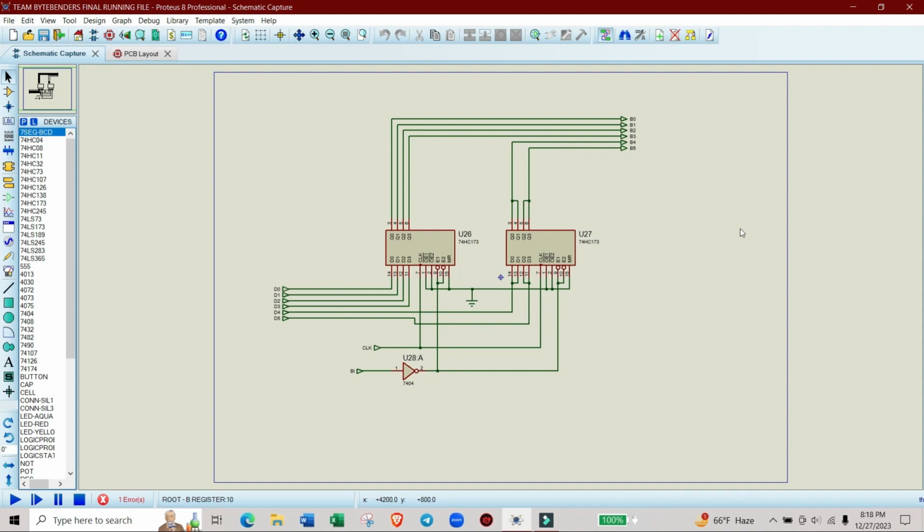To subtract two numbers from each other, the CPU would load the first number into the accumulator and the second number into B register. The CPU would then execute the sub instruction, which would subtract the two numbers from each other and store the result in the accumulator. To write a value to memory, the CPU would load the value into the B register